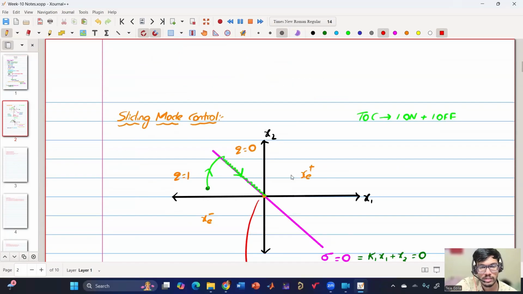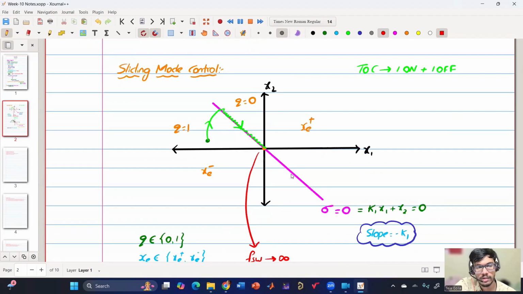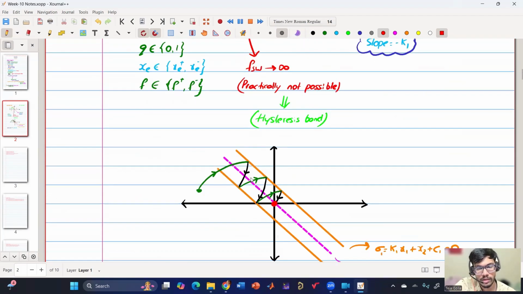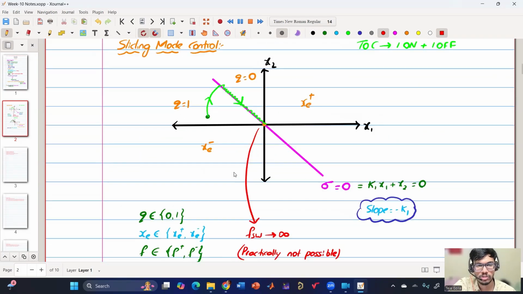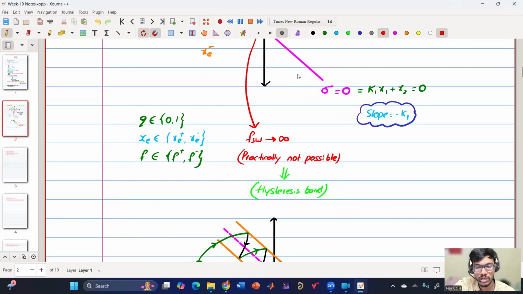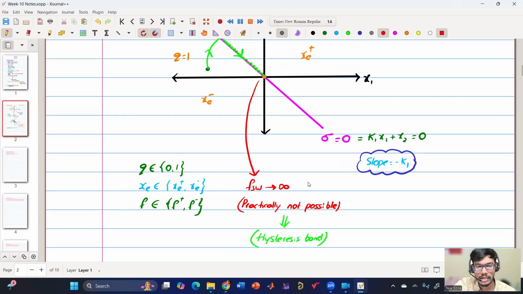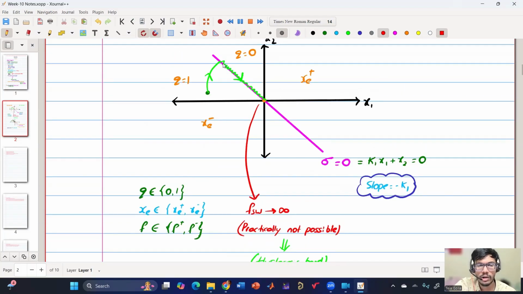Because of this hysteresis, is it also less accurate? Because there is a small gap taken, it does not reach the final state exactly. It's not about accuracy, it's only for practical implementation. So in simulation, you can implement both. Sir has shown both, but practically you cannot turn a switch on and off with an infinitely small on time